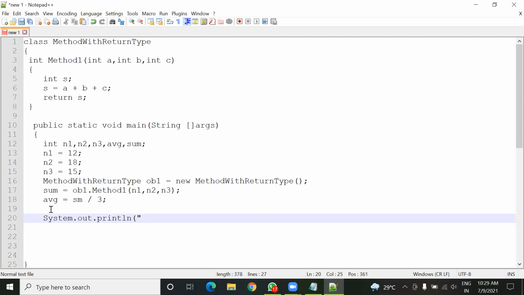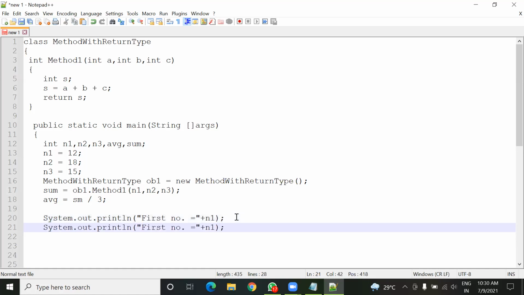I'm going to give the message, means information of all these three numbers, then I'll display the average. So first number equals to, and it is stored inside n1 variable, the first number, and the same way I'm going to copy and paste it 2 times.